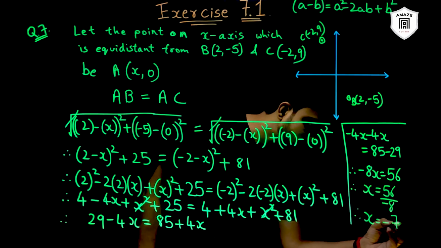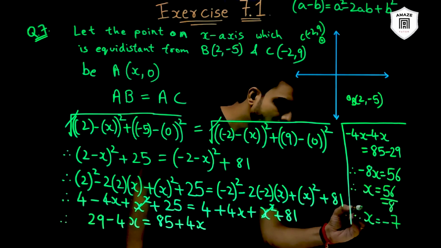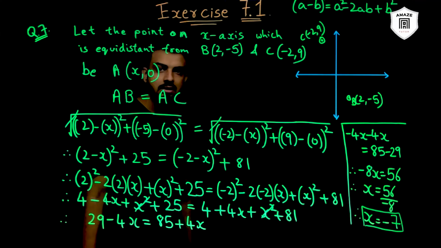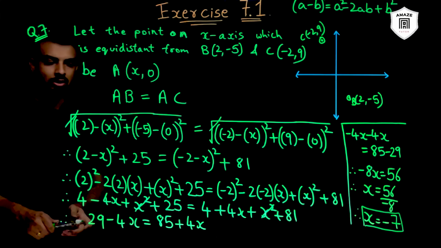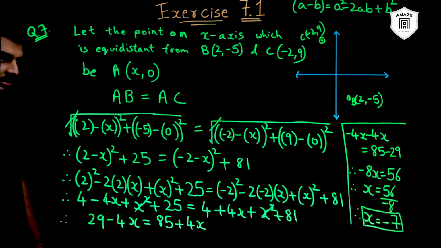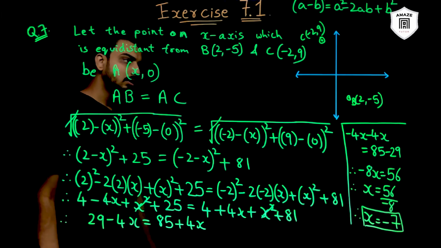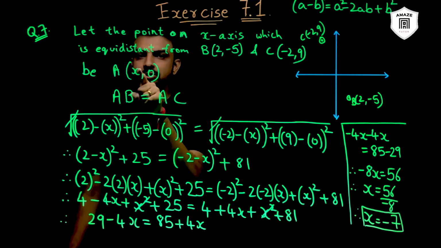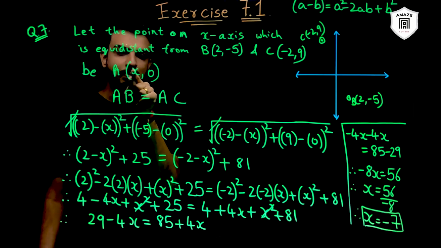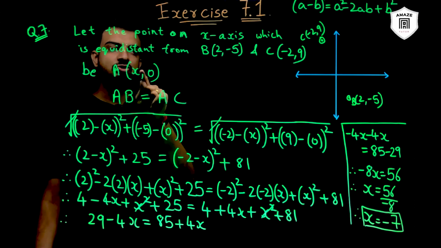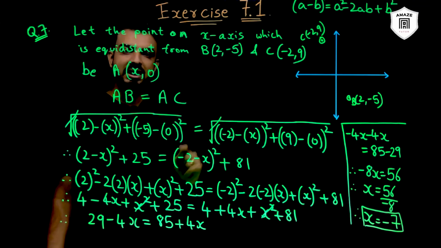8 7 is 56, so 7. So you got the value of x as minus 7, right? So now from this, what we can say is which is the point which is equidistant from both these points? Here substitute x is minus 7. So minus 7 comma 0 is the point on the x-axis which will be equidistant from B as well as